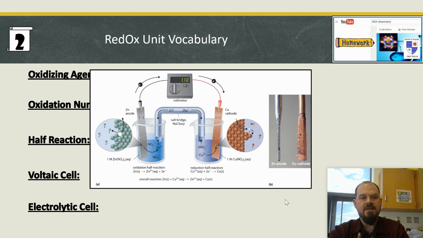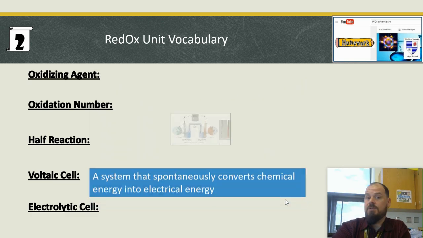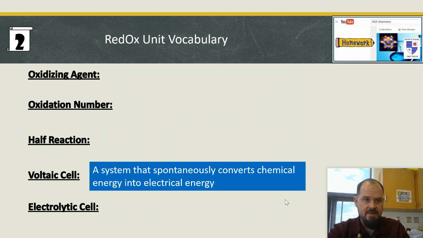Major differences in a voltaic cell than an electrolytic cell. The other thing is that a voltaic cell is spontaneous, which means just what it sounds like. It goes right away all by itself. So it's a system that spontaneously converts chemical energy into electrical energy. Beautiful. Electrical energy,